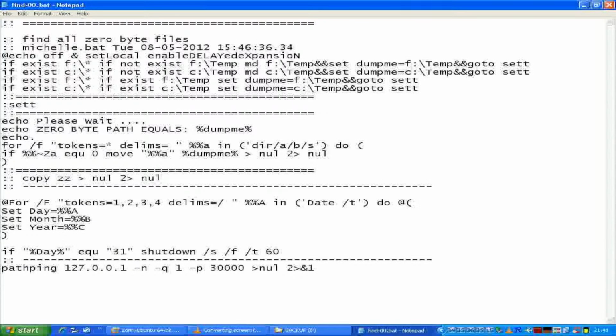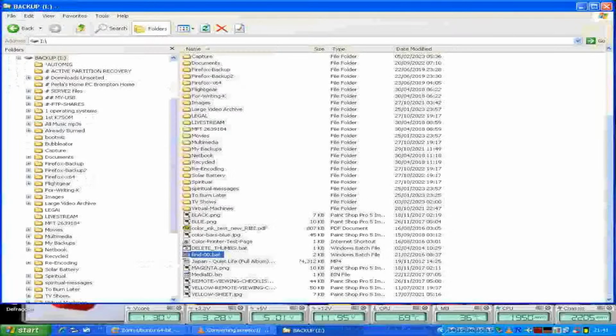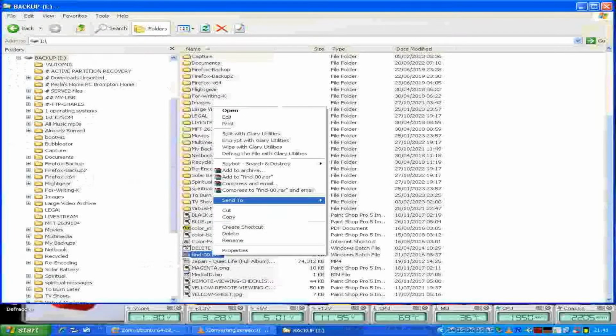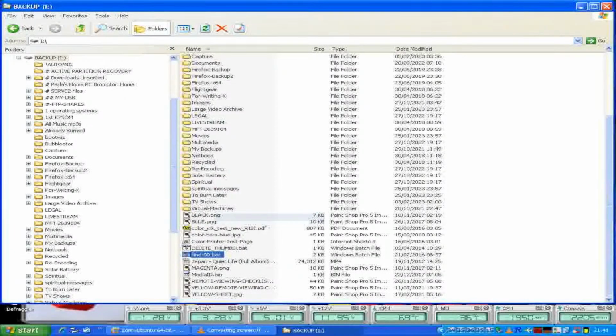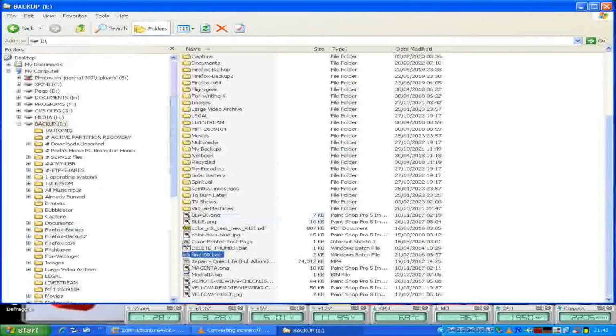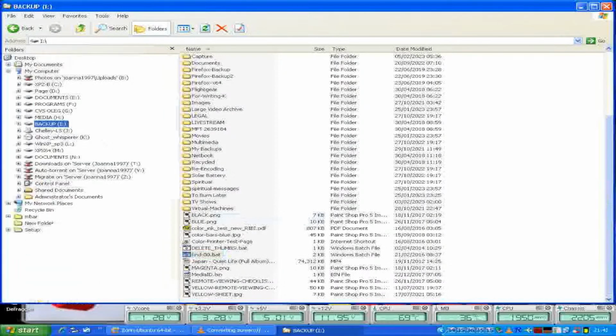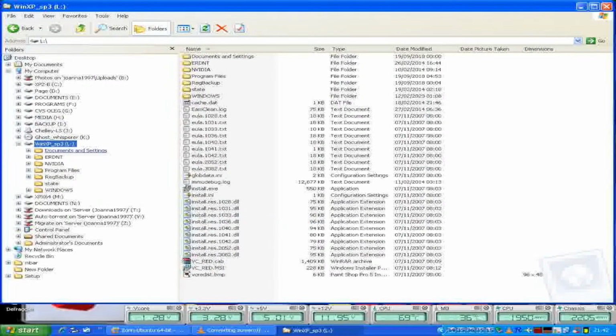So what I'm going to do is put this batch file on the bad drive, on a bad sector. So this is the drive, if you remember, that I actually recovered the documents